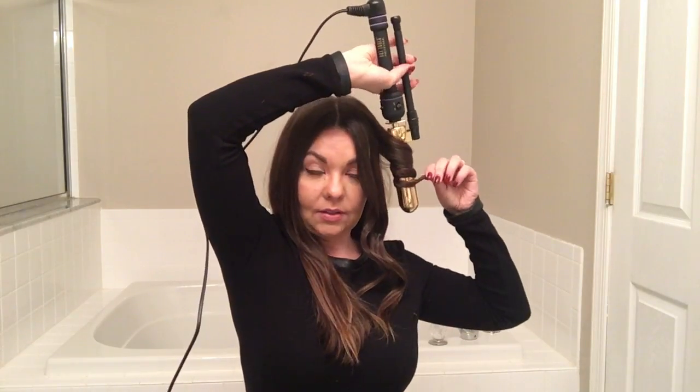So sometimes I'll say, you know, every other curl, one would go towards, one would go away, one would go towards, one would go away. But for the traditional beach wave, we're gonna take everything away. And then we're just gonna drop that out and then simply drop this down. And then I pull the hair straight out, and then I just peel off about an inch section and keep moving. Iron goes behind, wrap it around,